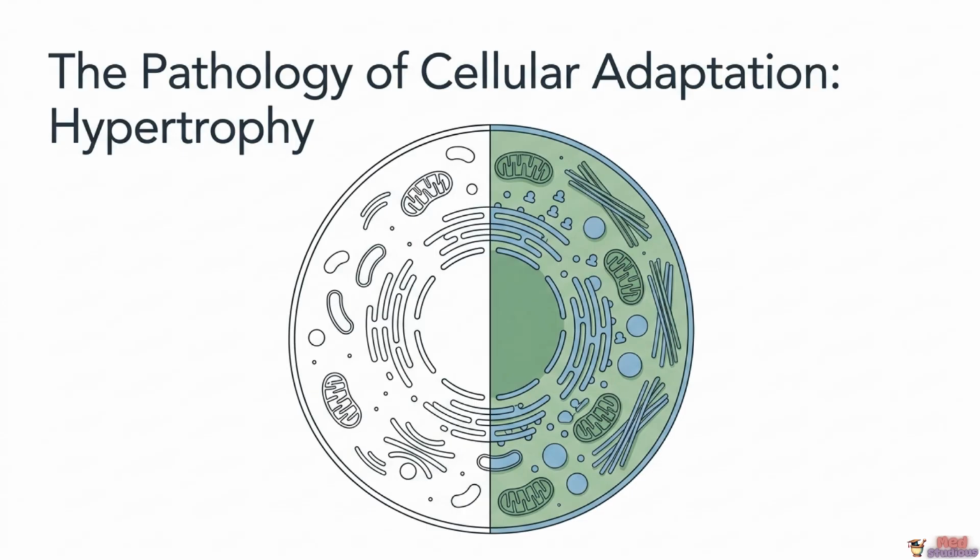Pathology, cellular hypertrophy. If you look at the image on screen, you can see a cell shown in two states. On the left, a baseline normal cell with sparse internal contents. And on the right, the same cell after hypertrophy, filled with more mitochondria, more structural proteins, more endoplasmic reticulum, more of everything. That visual difference tells the entire story. Hypertrophy is not a disease in itself. It is a cellular strategy. It is the cell's way of saying, the demands on me have increased, and I am going to build myself